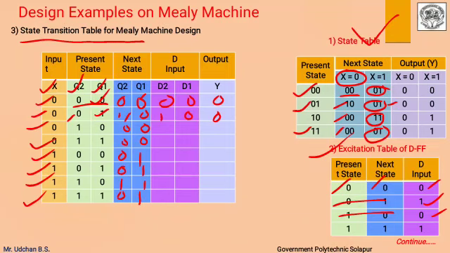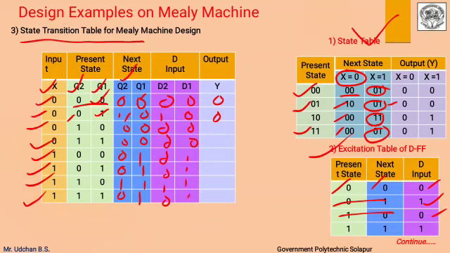So for the excitation table of D flip-flop, we know from the truth table also, the next state of the D flip-flop follows the D input. So whatever the next state values are there, they will be the values of D2. So I will write the Q2 plus values for D2 directly. This we can write in case of D flip-flop only. For other flip-flops we have to observe the excitation tables. For Q1 plus, the values of Q1 plus will be the values of D1: 0, 0, 1, 1, 1, 1.